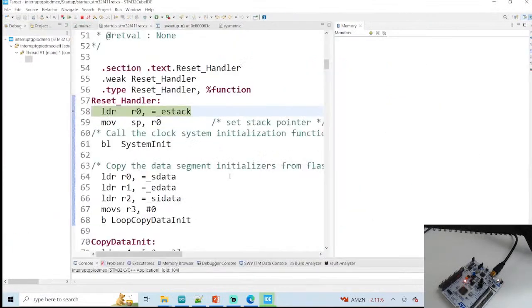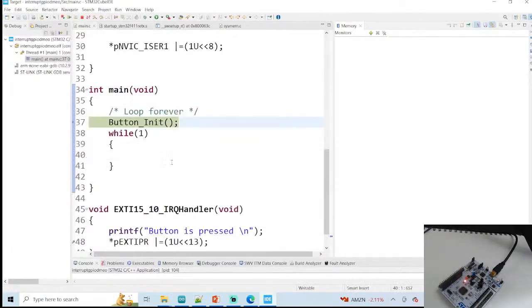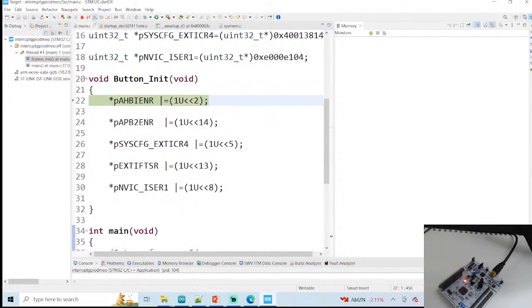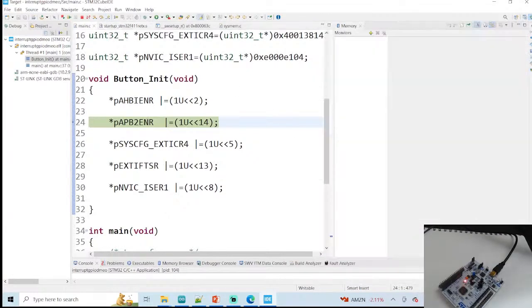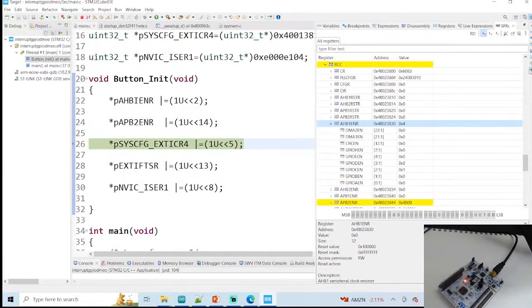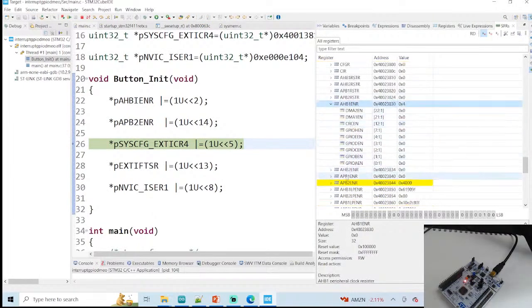Click switch. I just go step by step execution now. Okay, so it has to set AHB1ENR now. Okay, it is set now. Okay, let's check APB2ENR. It has to set the APB2ENR now. So APB2ENR. Okay, here